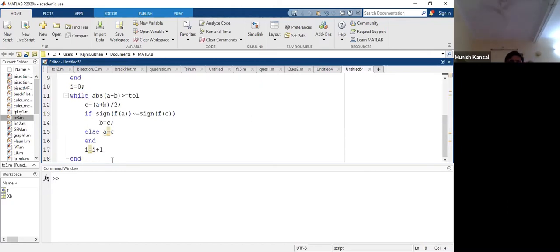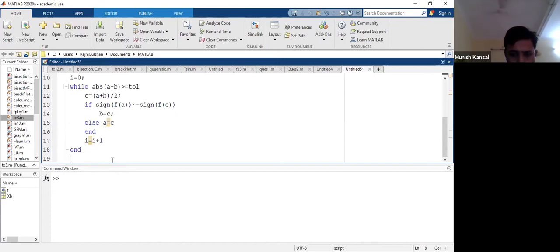Now this is the small sophisticated program for the bisection method. Now you just have to take some outputs. What are the outputs you want to take? First we want to display the root. So let me write down the command for displaying the root. I will make use of the fprintf command here. So this is \n. So you say that the root is, this is for floating, you just say that the root is c, because the notation for the root is c.